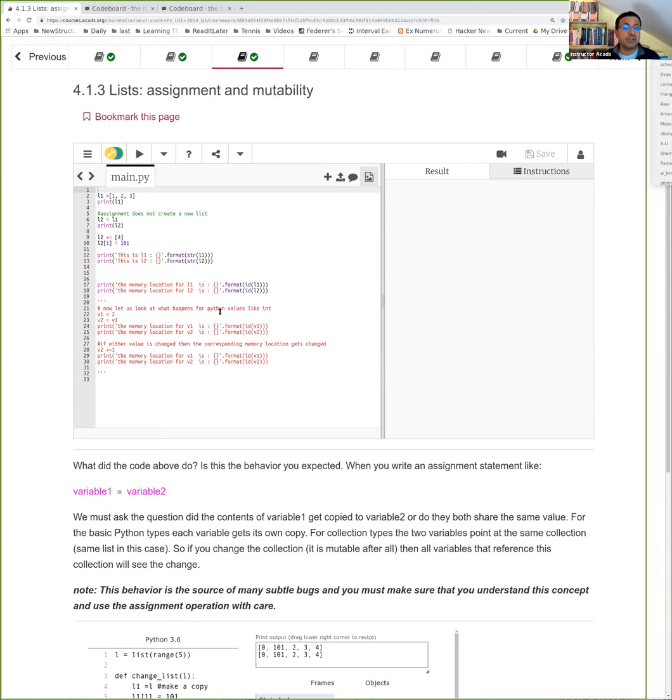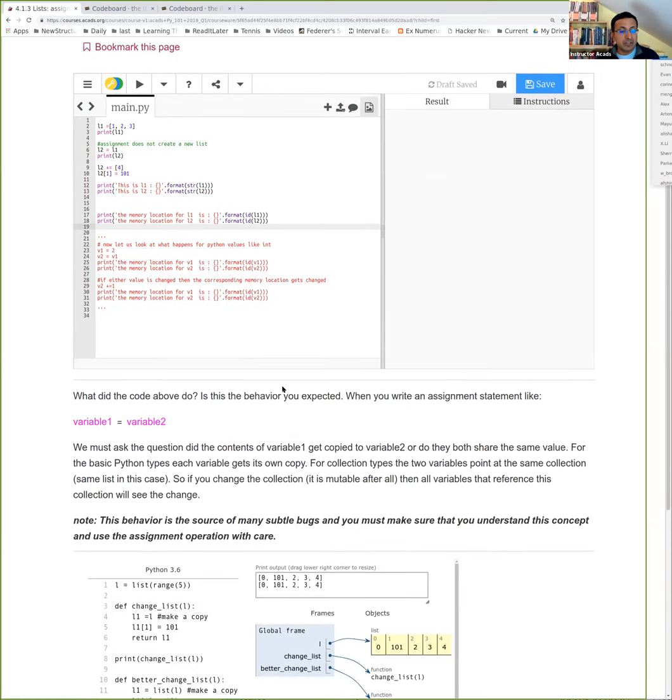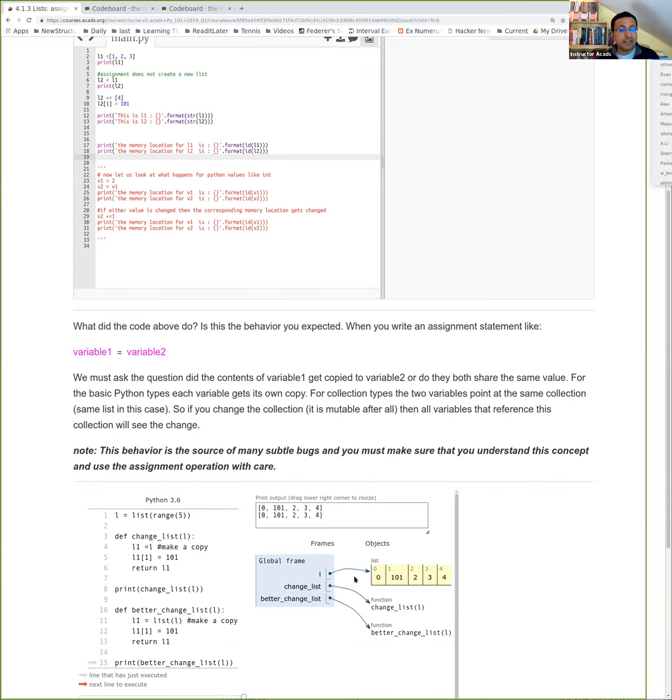Now I just want to say something for those who are mildly advanced. Please look at this code. I won't run it. I'll just point out an important thing. Just like this visualization showed you that there were different locations in memory where the data was stored, and if you want to check